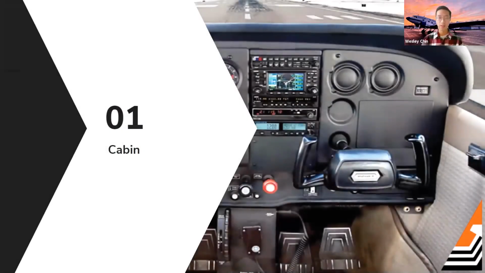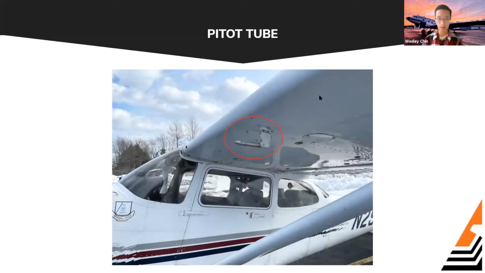All right, so the different sections I've laid out for the slides mirror the POH or the checklist found in Section 4, Normal Procedures. So if you guys have that open, you can follow along here, right? So the first thing is the cabin. Before we start walking around outside, there are things you do want to check inside your cabin before you do so. As you're walking to the plane, the first item on the checklist is your pitot